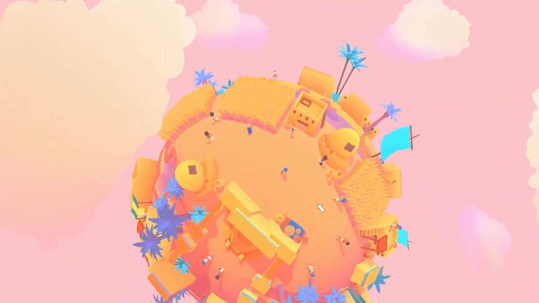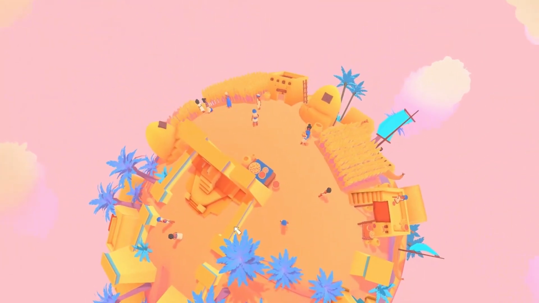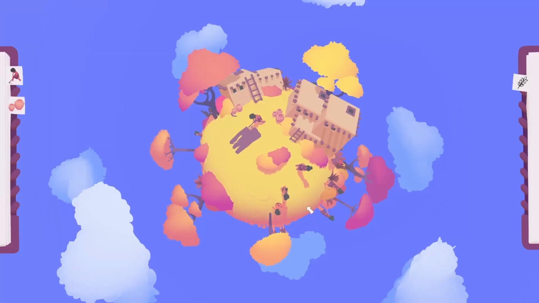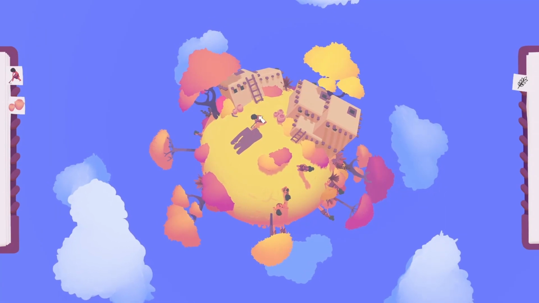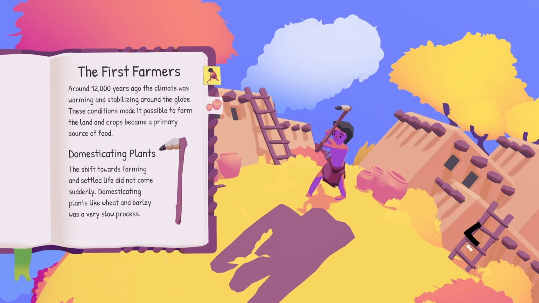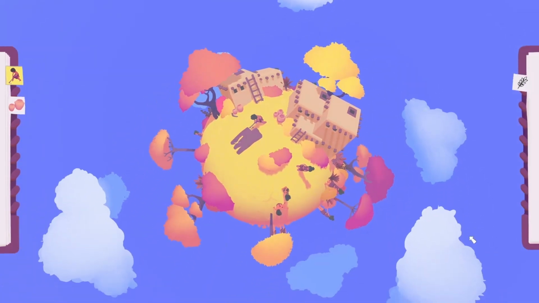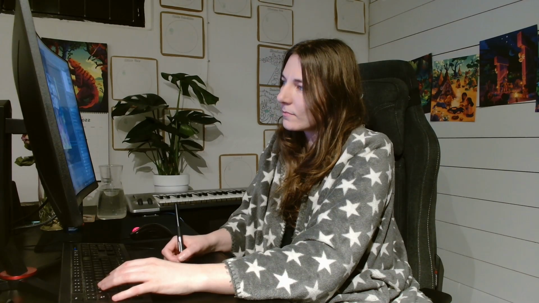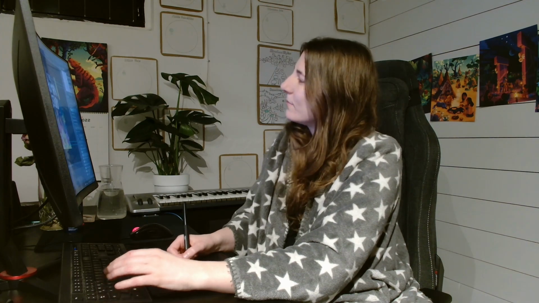Each one of those little planets depict a culture throughout the different ages in history. And on those worlds, you as the player search for hidden objects and characters that each reveal a little story about our ancestors when found. Even though progress in the game sometimes feels slow to me, when I look back on the last year, a lot has been done. Let's start with the most obvious change.